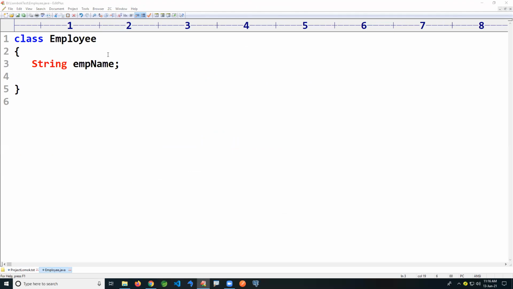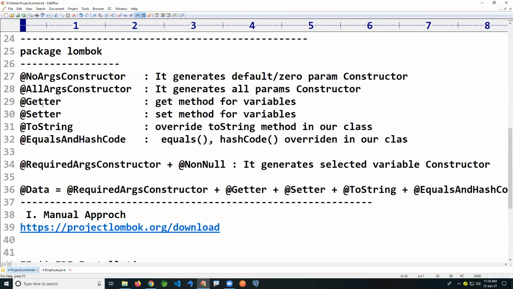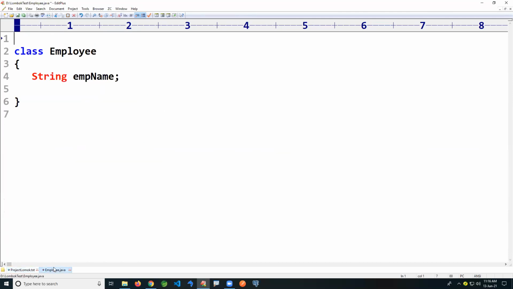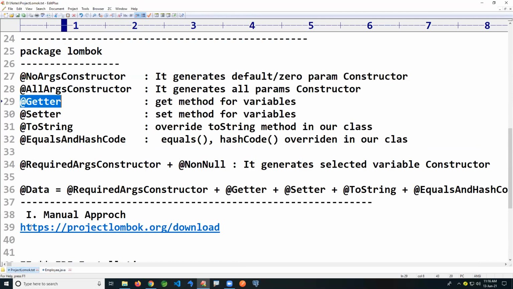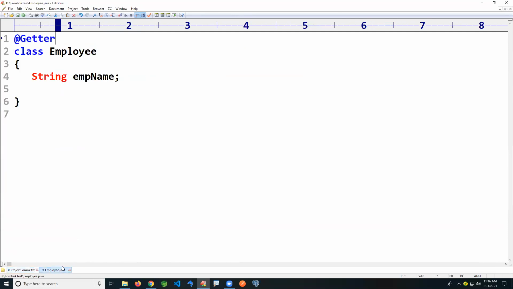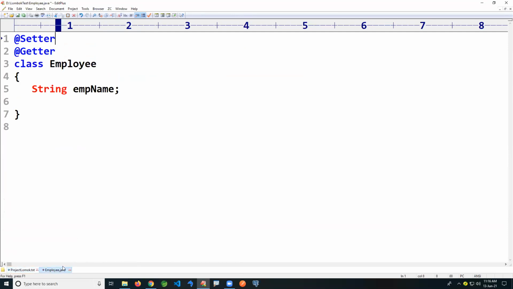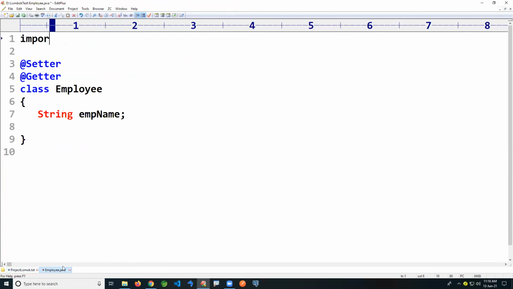Now what I want to say here is, hey Lombok, please generate some setter and getter methods, toString methods, all I want. As of now, I'm applying a single annotation here, @Getter, on top of the class. Even @Setter, just these two I'm mentioning here. So we have to import this. import lombok.*, just writing temporarily. I'll show with the STS approach even. This I have done.